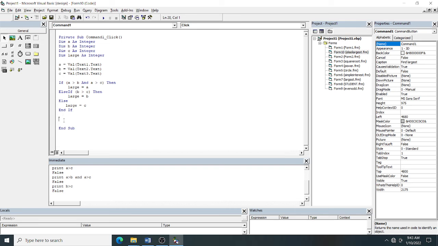So what I will do: LBDisplay.Caption equal to the text "largest among three number is", then the concatenation operator, and then the output variable Large.